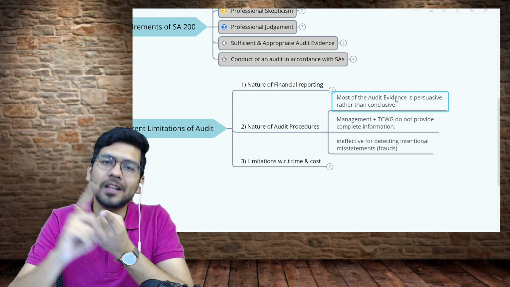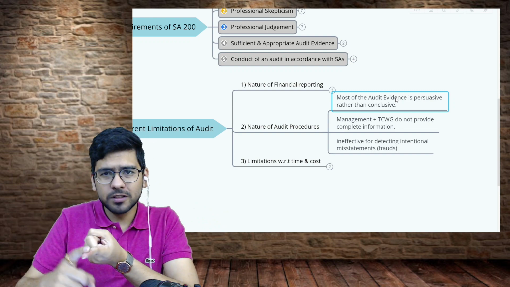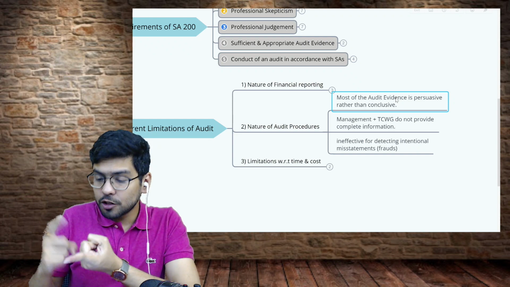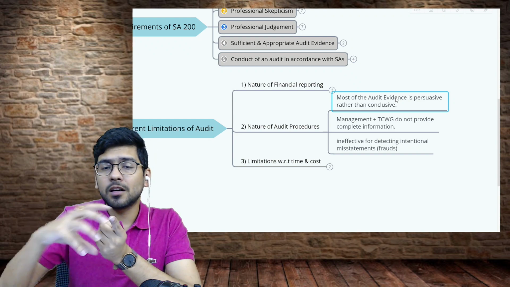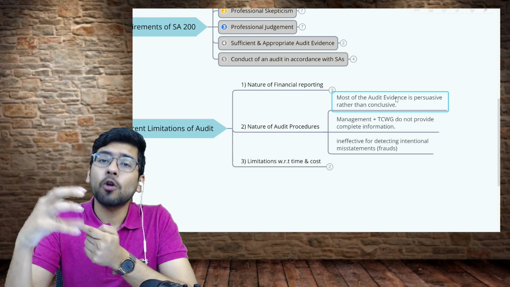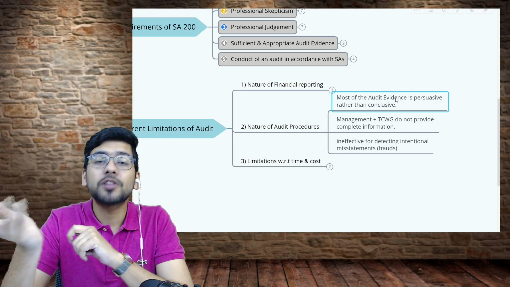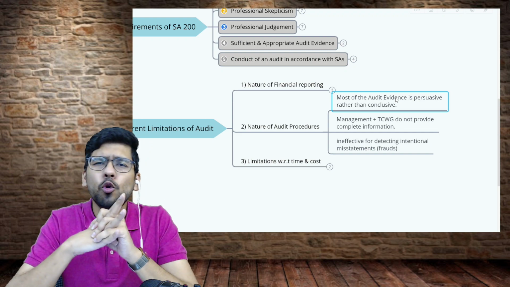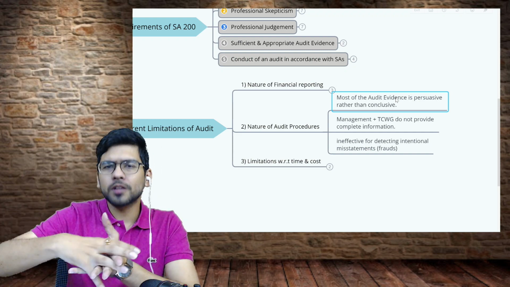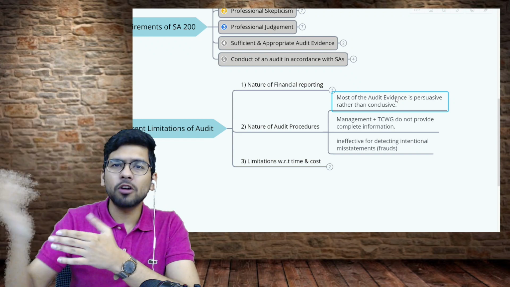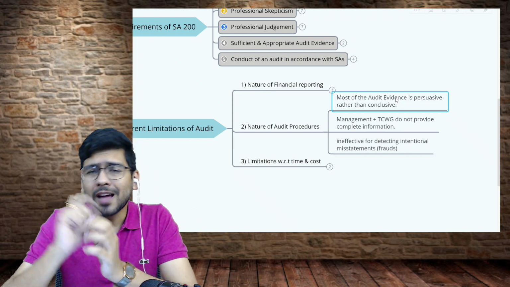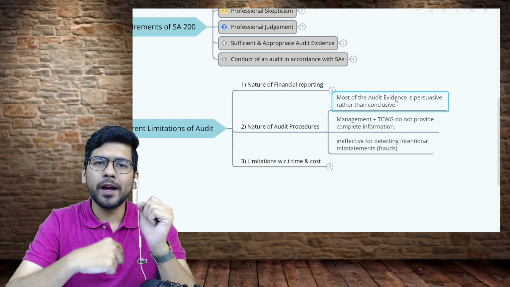They'll produce, let's say, the invoice. Obviously when the transaction was done, they generated the invoice, and they show me the invoice. They show me the challan, the transportation freight challan. They show me the order copy from the subsidiary, the purchase order copy. They show me the security guard register that the truck was loaded and the raw materials have gone to the subsidiary company. A lot of documents they show, but I ultimately know in my mind that this is